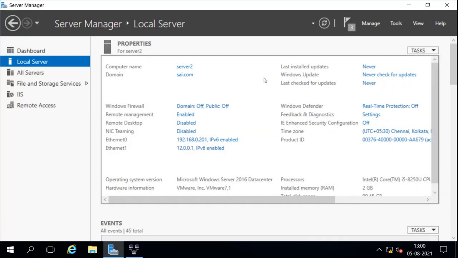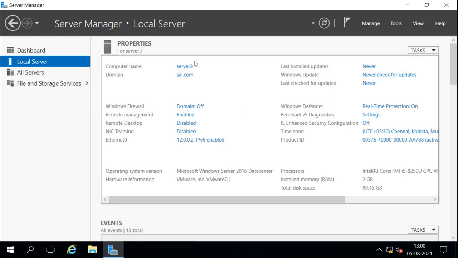Then the other interface is connected to the other server, that is server 3, which is in the network 12.0.0, and it is connected to server 2 also.